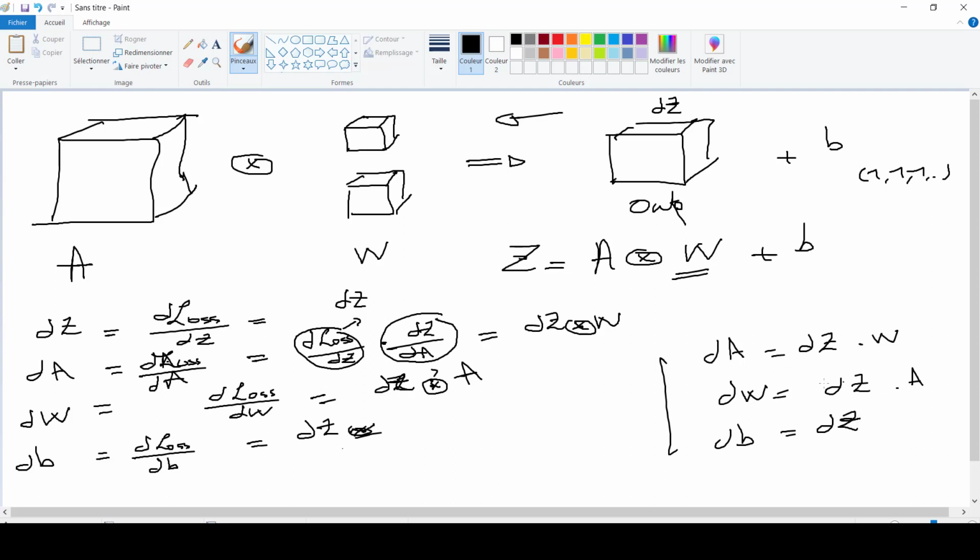Here is, let's say, the general formula of this derivation, but we have to do some other things here. So I'm going to delete this, and then I'm going to explain how we are going to do these multiplications.